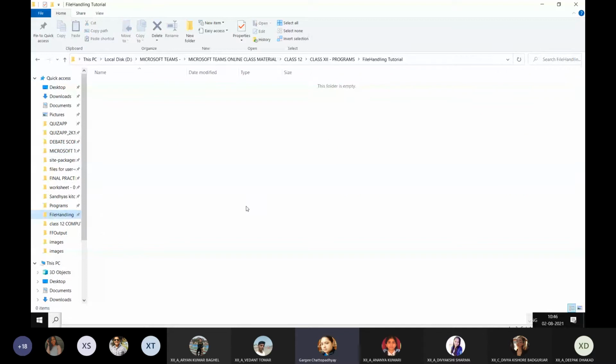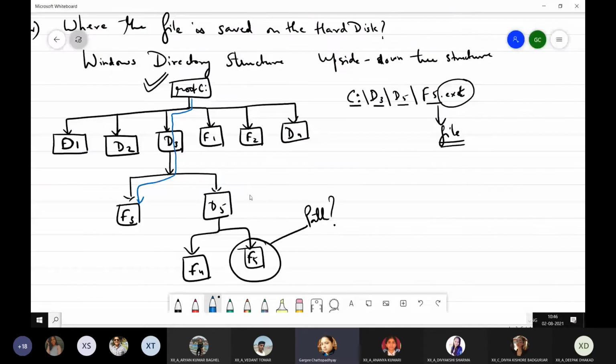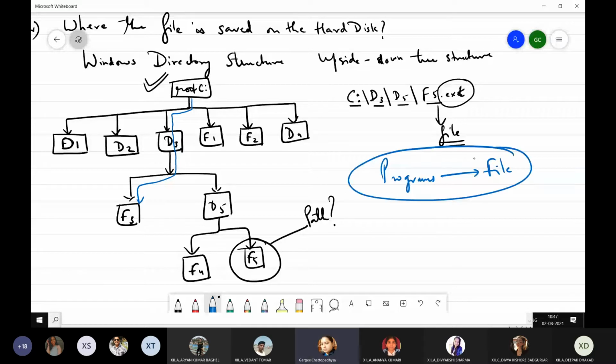Is this first step clear to everybody? So on your computers at home, you are first going to set up a location where you will be saving all the programs and the files, because the programs which you create will now also have an accompanying file along with them. So this program and its file, they will become a whole group. Okay. Program बनेगा तो उसके साथ एक फाइल भी बनेगी. Understood? Program और फाइल का लोकेशन इस बात का ध्यान रखना है कि where on the hard disk you are storing the program and where you are storing the file.